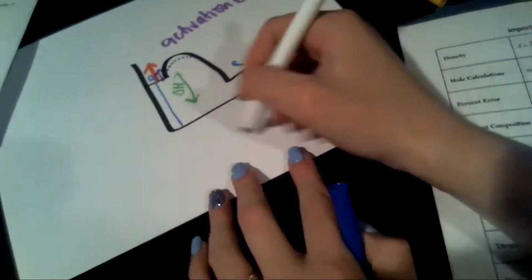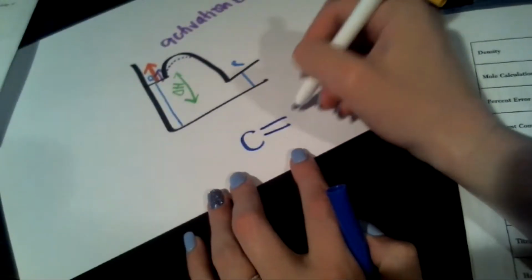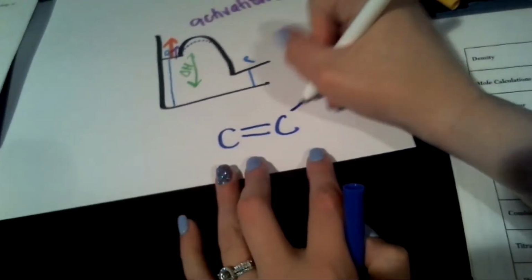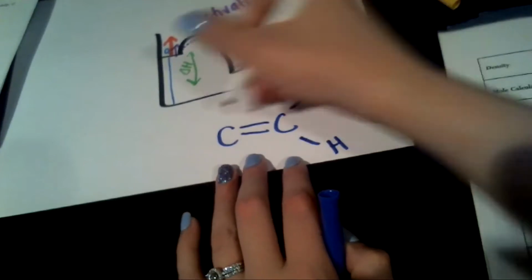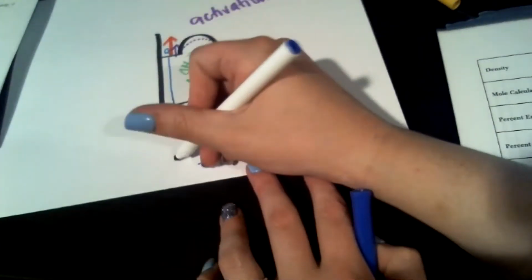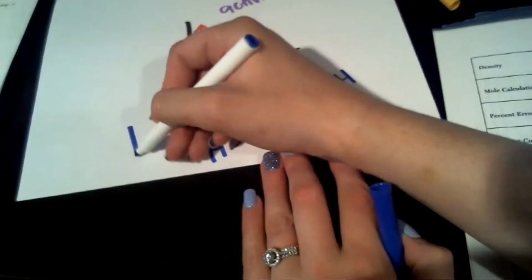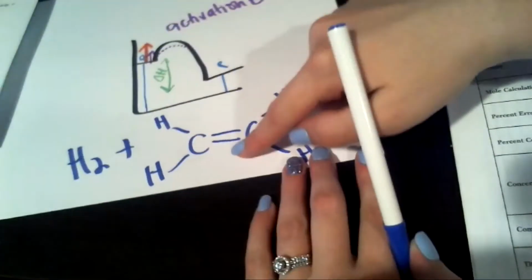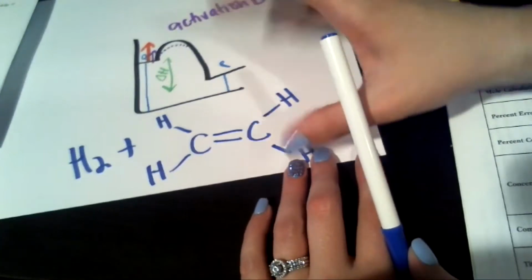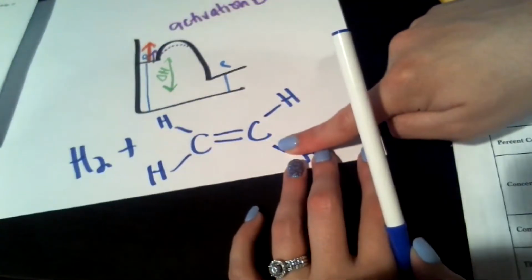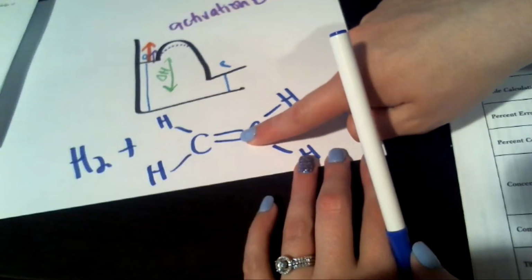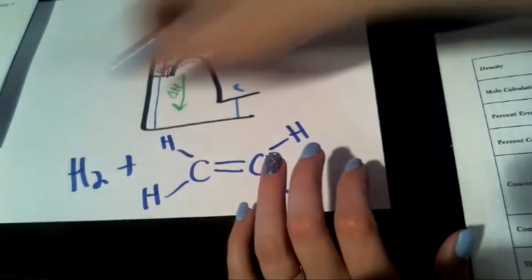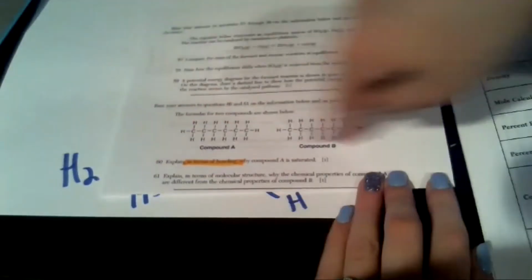Say I have ethene, for instance. If I added in H2, these two H's could break apart this double bond and pop it open and make this an alkane instead of an alkene. Okay, so that's 60. 61,